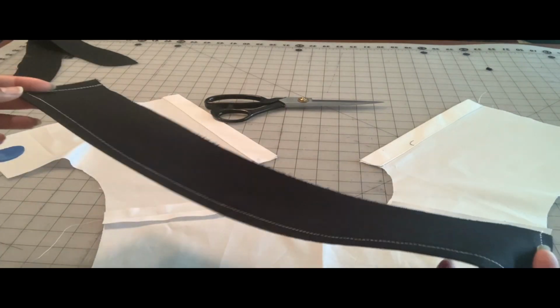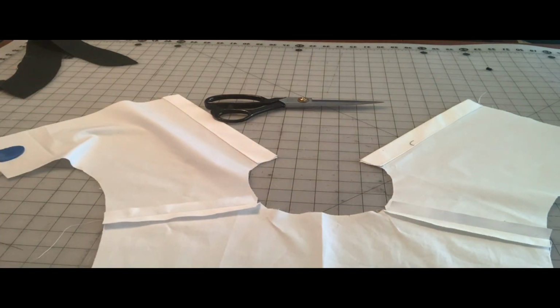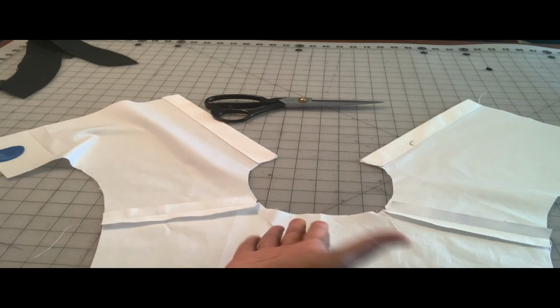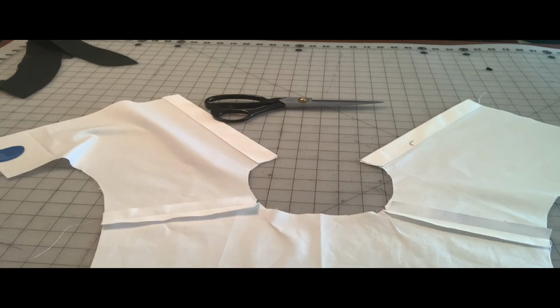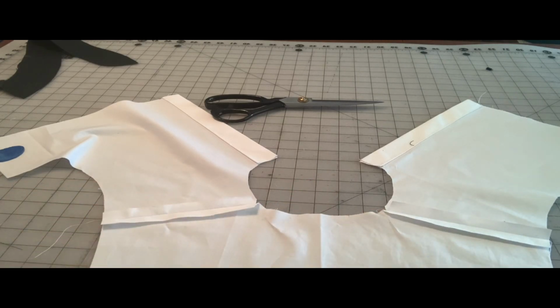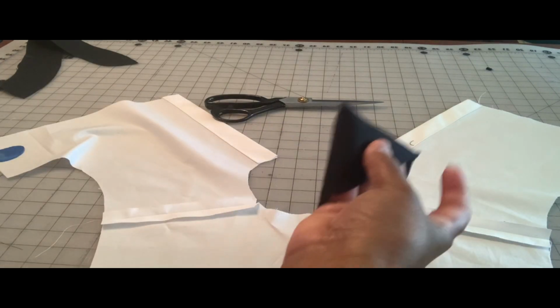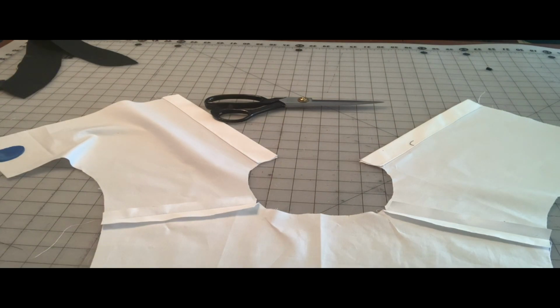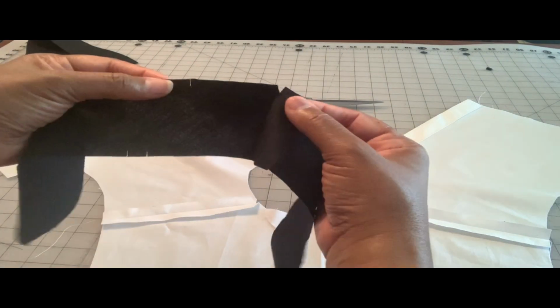All right, so we're done with our collar and we can set that to the side for now. The next thing I want you to grab is your top, and I want you to place it wrong sides facing up. You should already have your two fronts connected to your back. So I want you to grab the uninterfaced piece of your collar stand. Now on your collar stand you should have two notches,